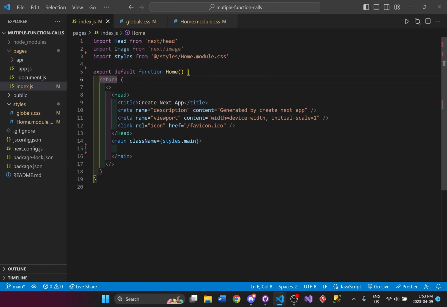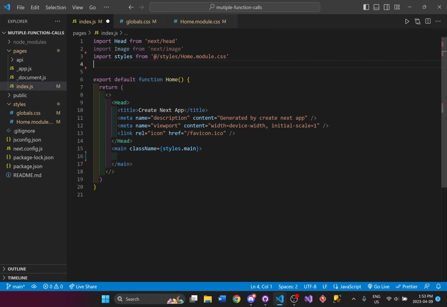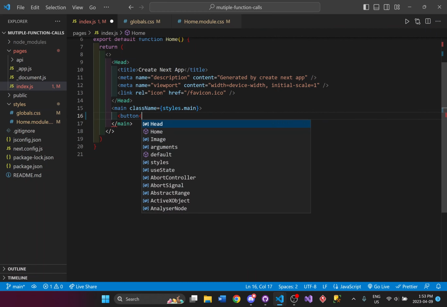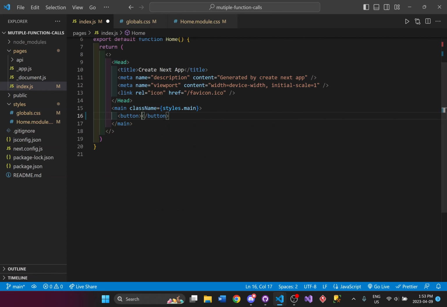And what I'll do is here, this is where I'm just going to give you guys an example of how we can set up or pass or call multiple functions at once. So I'm going to import useState, because what I want to do here in the main, I'm going to have a button, and this button will have something like, say, click me. And we want to do something here. We want to do an on click is equal to something that will be calling a function.